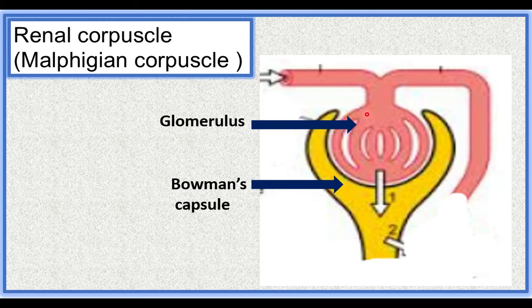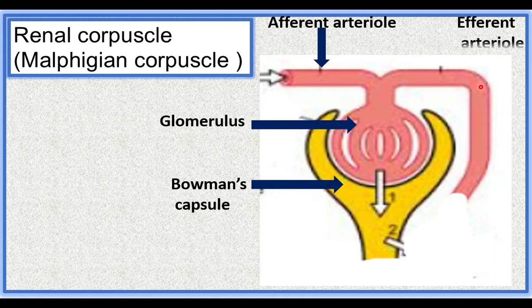Capillaries arise from arterioles. This is afferent arteriole. These arterioles branch into capillaries. And again the capillaries join, the branches join and come out of the Bowman's capsule as efferent arteriole. Afferent means first, efferent means next. We may have the doubt that from where the arteriole arises.